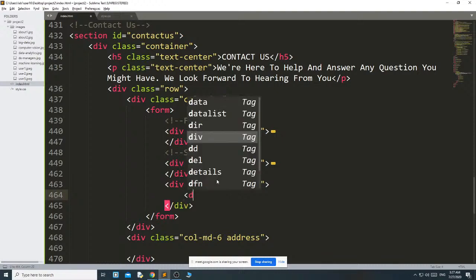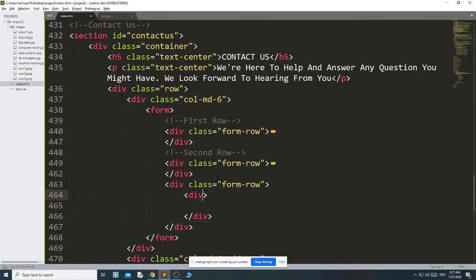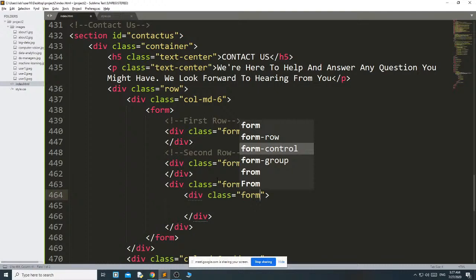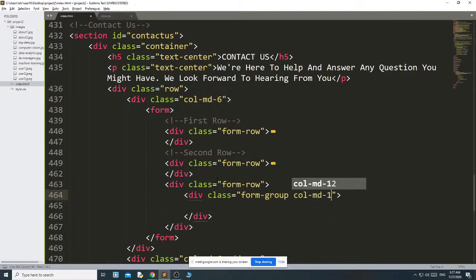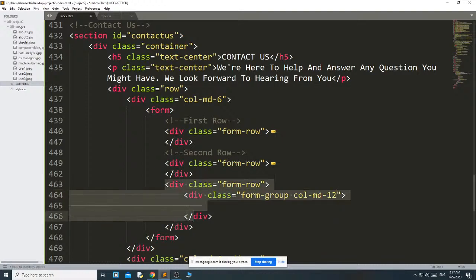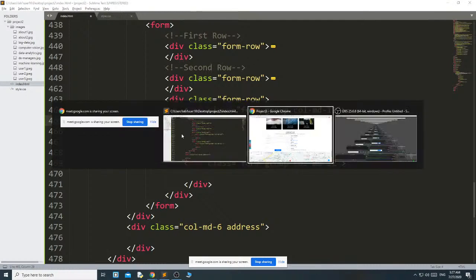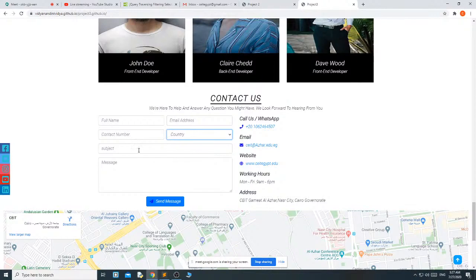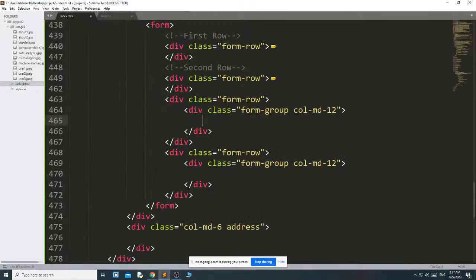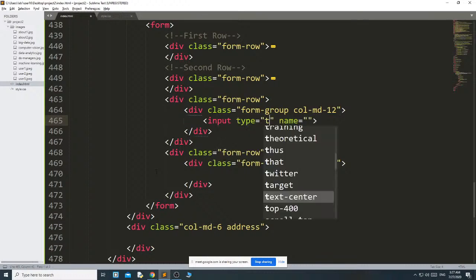The first one is div class form-group and col-md-12. Just copy this and paste. Then in the first row, what I need is one input text. Okay, then input type text,